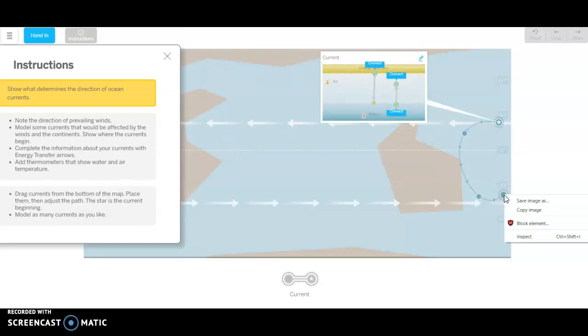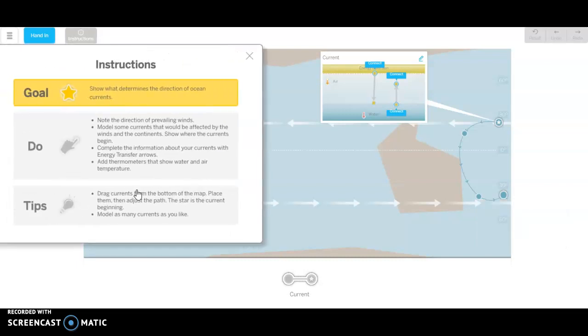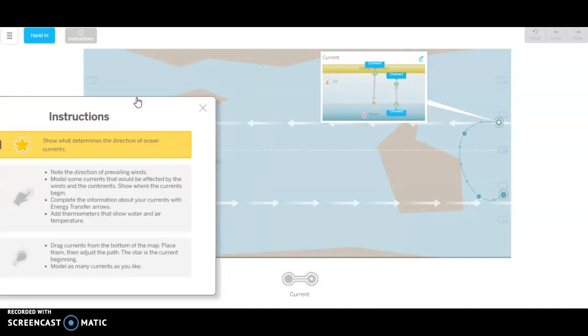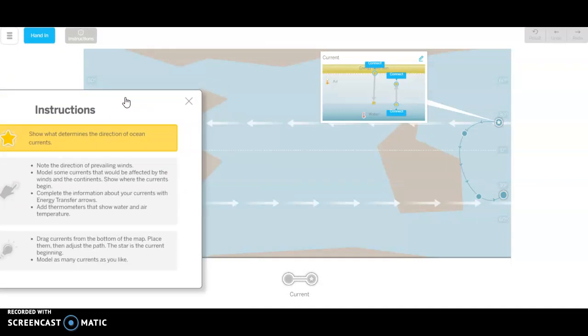If I click here, does that work? It does not work. So had I flipped it around here, this would not look the same because there's not a lot of energy in the water over here. So just think about that when you do it. So I completed the information about my current with the transfer arrows, and I've added the thermometers. And it says, drag currents. So you can do this with more than one. When you're all done,